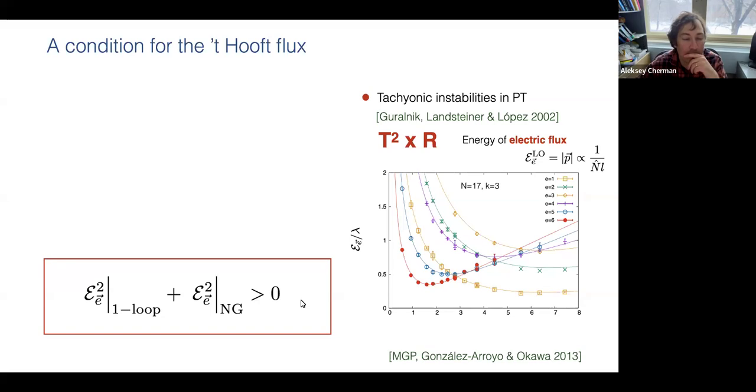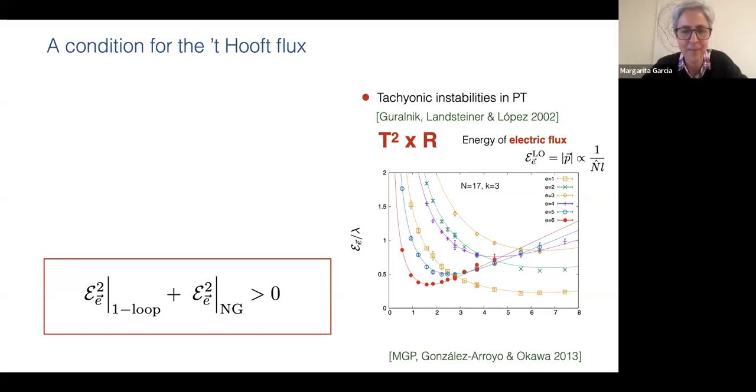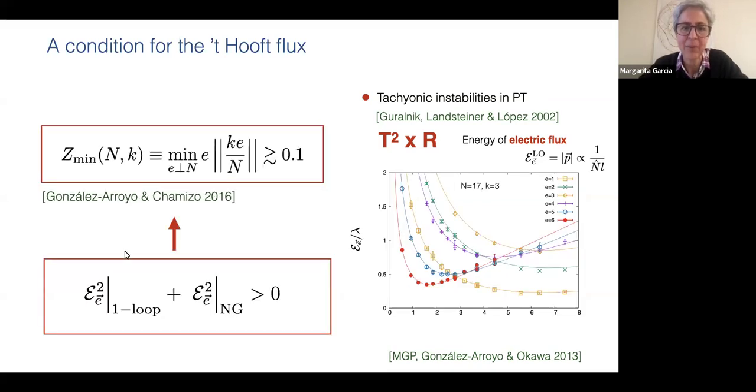I'll go to that in the next slide. So in principle, this is the condition, okay? And if you insert the value of the string tension and all these things, this can be rewritten as a condition for the flux and n that looks like this. It's the minimum over integers that are coprime with n, and this quantity here represents the distance to the closest integer, okay? And this quantity has to be bounded from below. In this particular case, it is 1/10, but it has to be bounded from below.